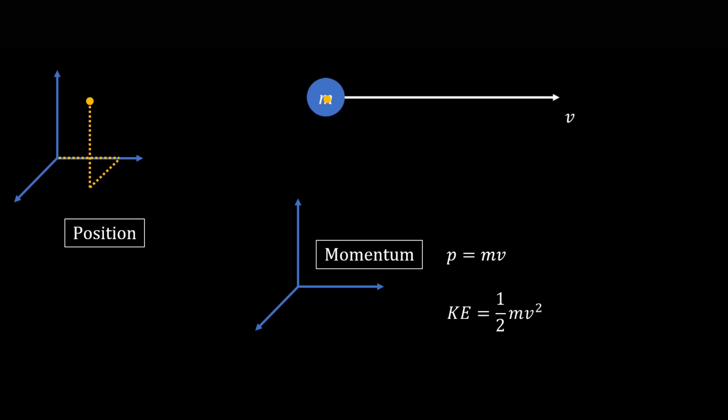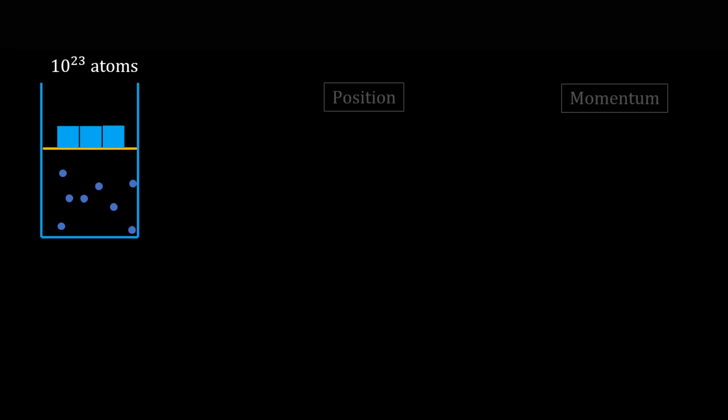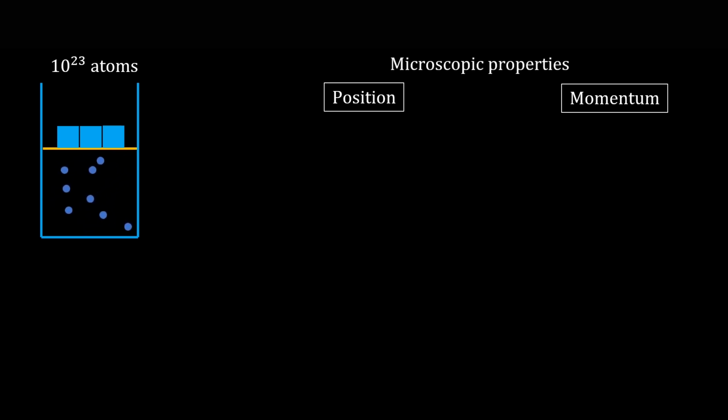Now let's go for a gas system in a cylinder. Let's say it has 1 mole of atoms, which means the number of atoms are of the order of 10 power 23. If we want to understand the behavior of this system from the behavior of individual atoms, imagine how much information we require. The 10 power 23 atoms. So it is going to be a huge amount of information and we will not be able to get it or use it. These are microscopic properties.